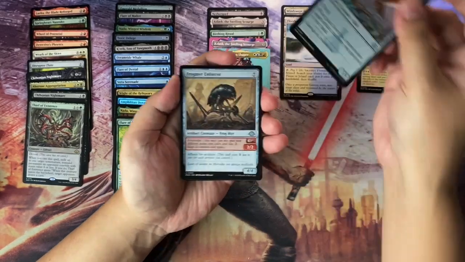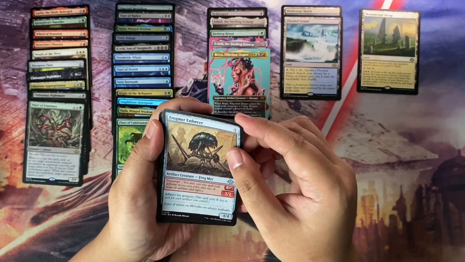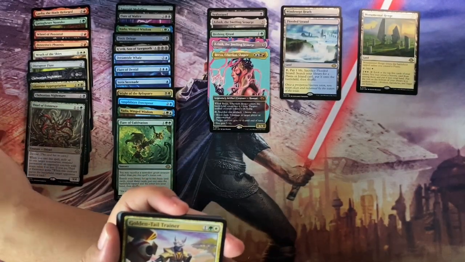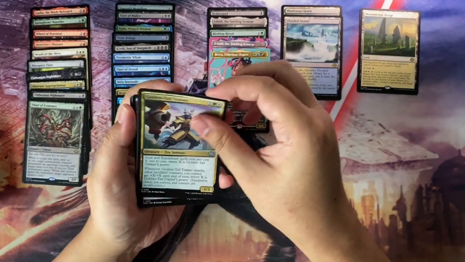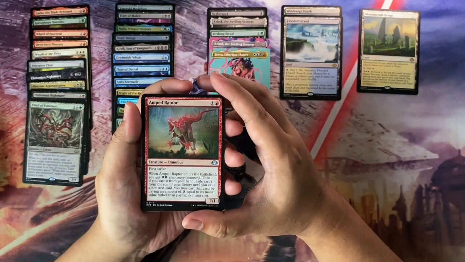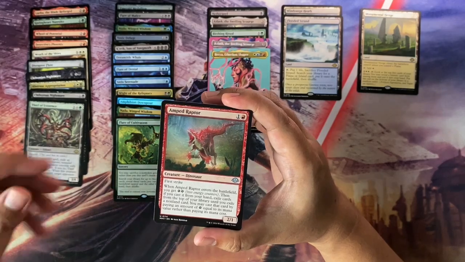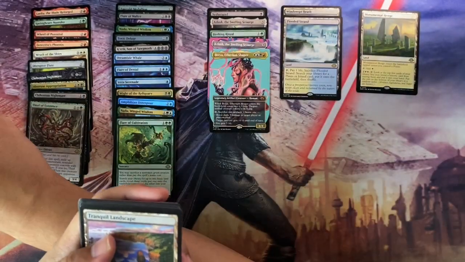Okay, Junk Diver, Frogmere Enforcer, Frogmere, Golden Tail Trainer, and an Amped Raptor. 2 to cast, Dinosaur, first strike. And as it enters the battlefield, you get 2 energy counters. Okay, and then